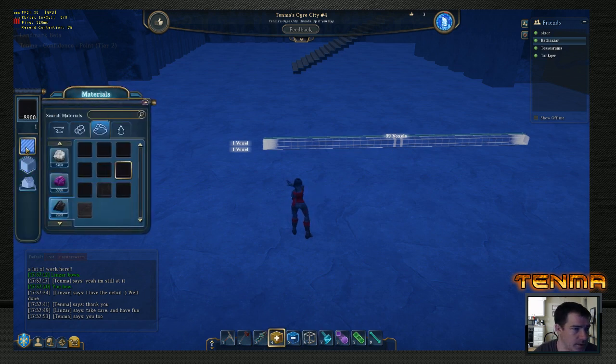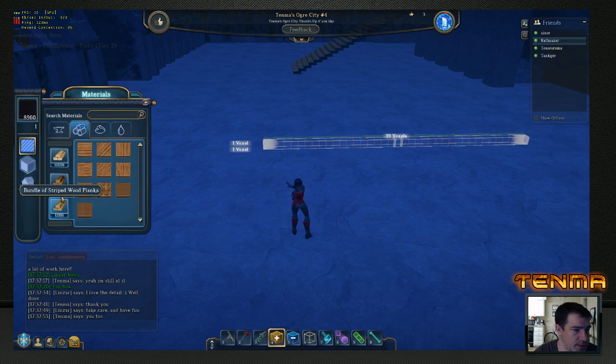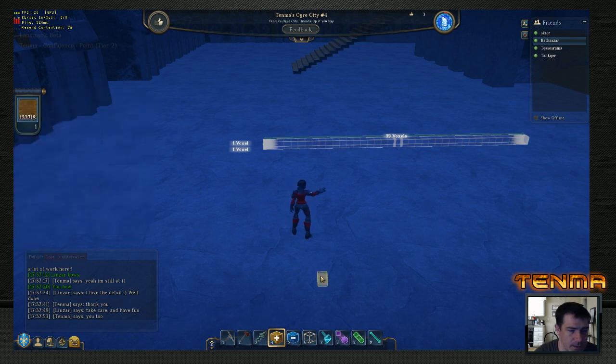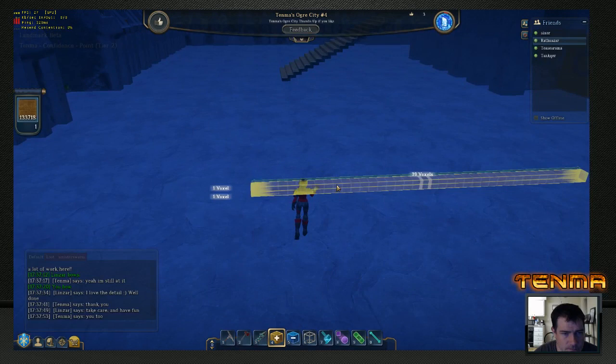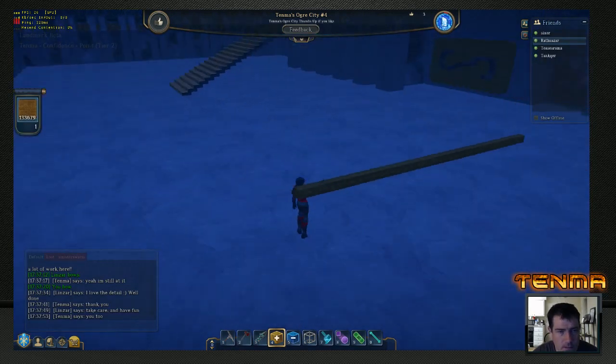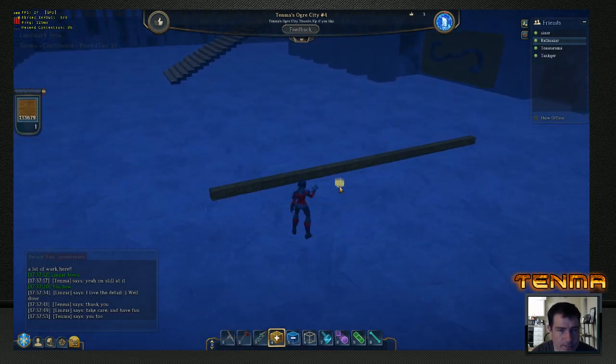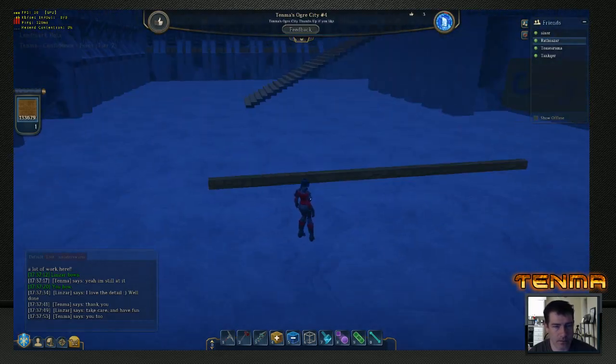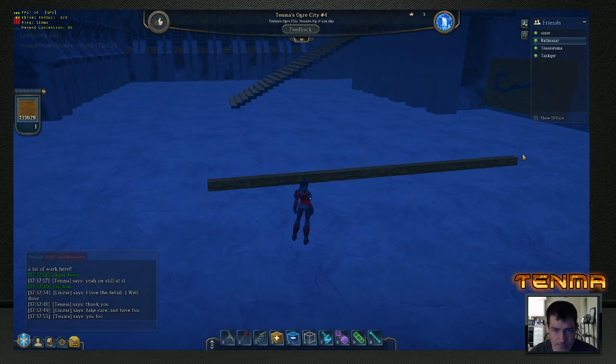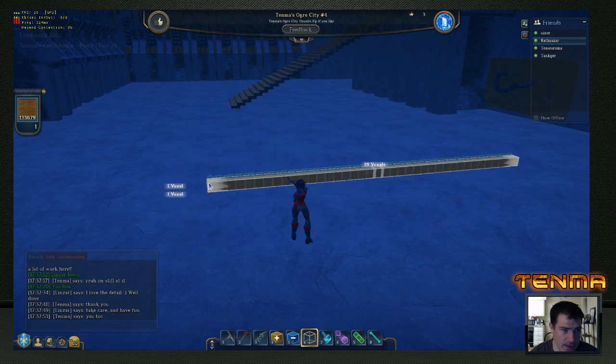So let's go in here, and I'm going to select one of my wood textures. Alright, let's go to plain wood shingles. So there we go. So we have this section here of just a beam. We know how wide we want our particular